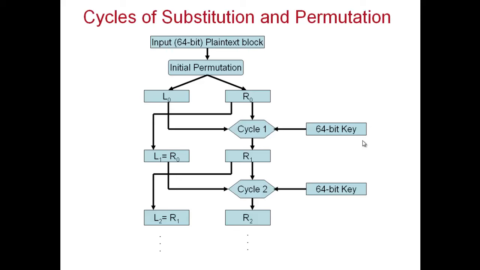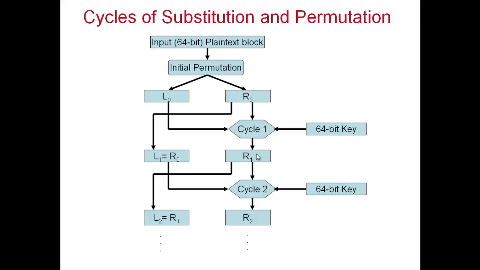So for a particular cycle, we feed in the key for that cycle as well as the L0, the subhalf, and the R0 subhalf. We go through some processing, which we'll see as a Feistel network processing, and what we get out is a 32-bit quantity out of the cycle. So the 32-bit quantity that comes out of a cycle after the Feistel network, after the processing,